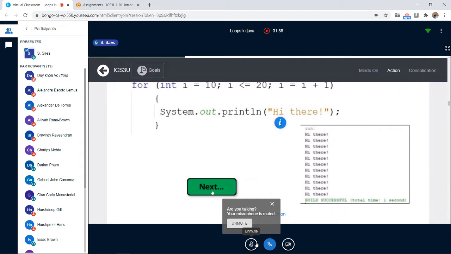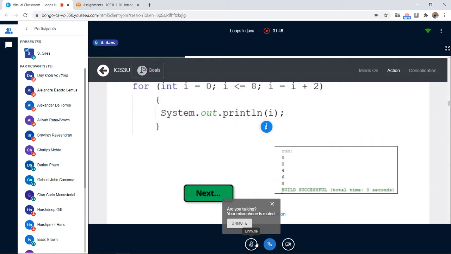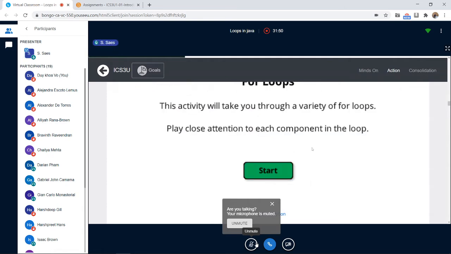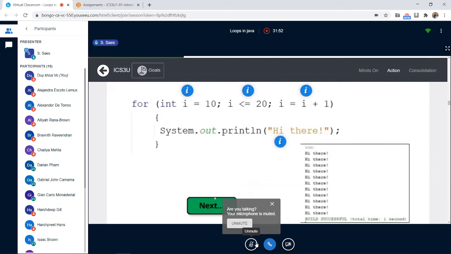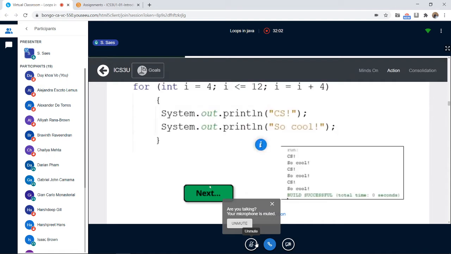So let's try and see. When you click on next, let me see. Yeah, what happens here? Am I doing it right? I wanted to show you. Let me see. Okay. So see how many times is there? So 1, 2, 3, 4, 5. Yeah, it doesn't show everything here. So when you click on next,